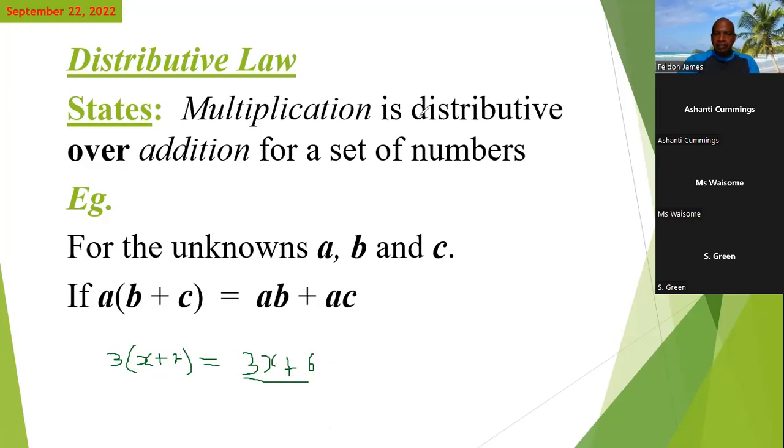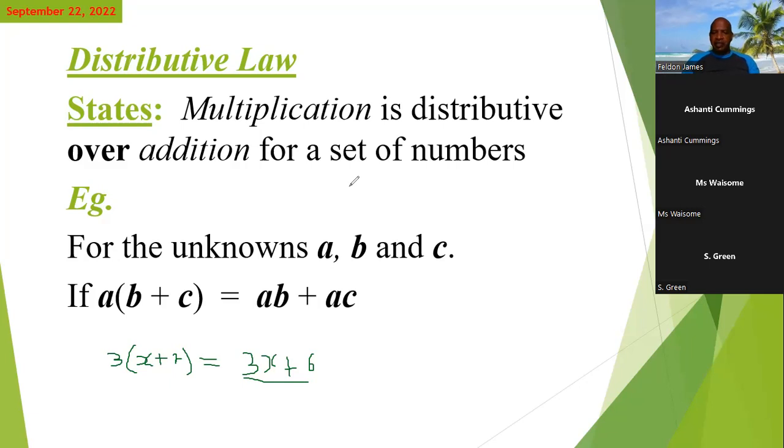In this case, what are the 2 factors being multiplied here? Can anybody tell me? On the left-hand side of the equation, we have 3 times bracket x plus 2. What are the factors in the multiplication? X and 2, sir. Say that again, Miss Cummins. X and 2 will be the 2 factors being multiplied. Yes, in a sense, sir, in a sense you're correct. But